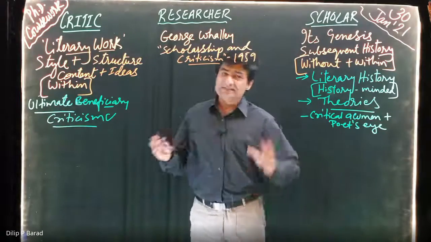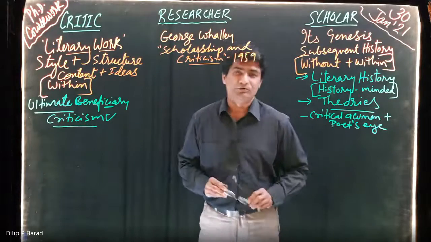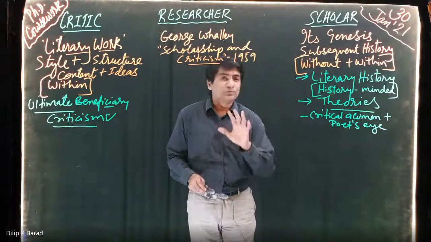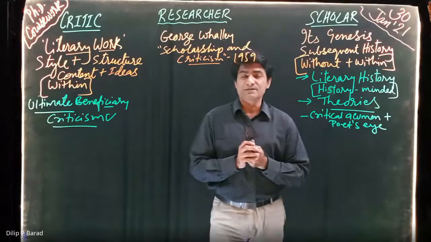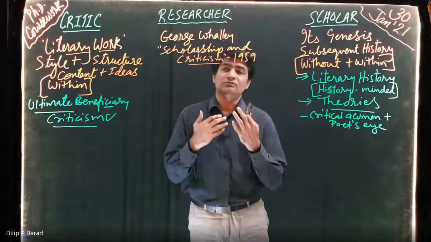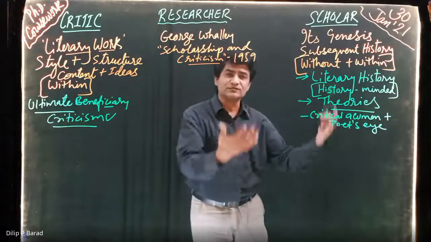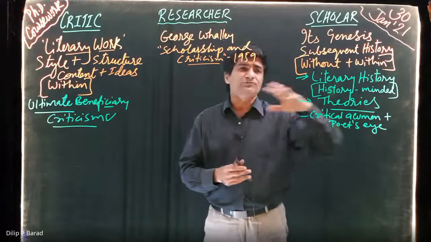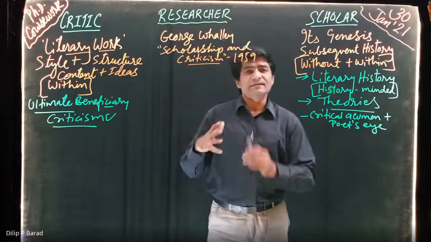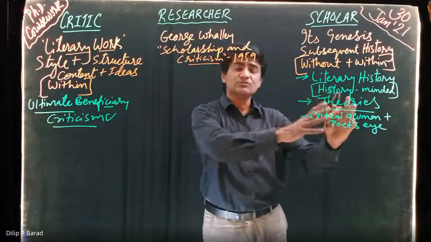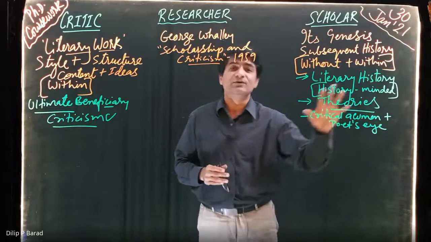And now we can say why George Valley's observation is very important for research scholars. This is to prove the point that if you just do analysis of the work that you are doing and you are not able to locate your work into the larger context of theories, into the discourses which are going on, the genesis of those things or the history in which it is located, then your work is an incomplete work. And for this, what you require is a larger theoretical framework.